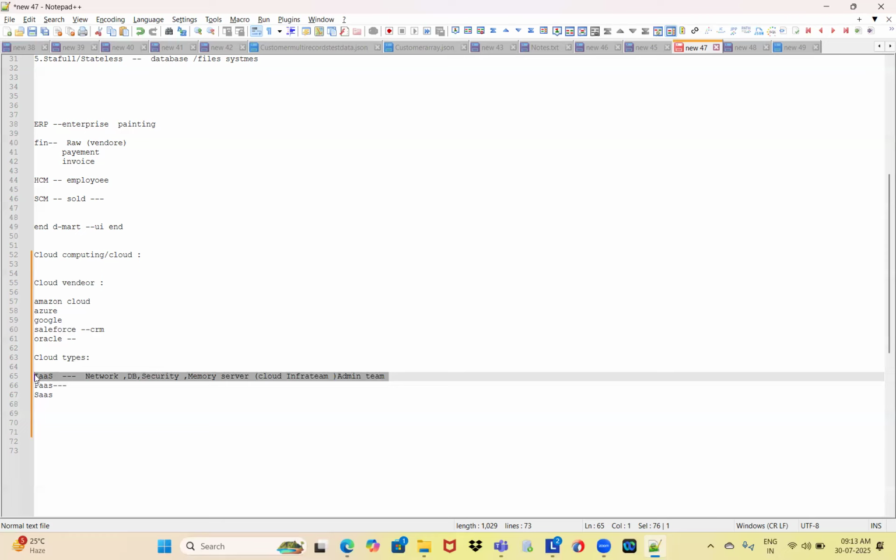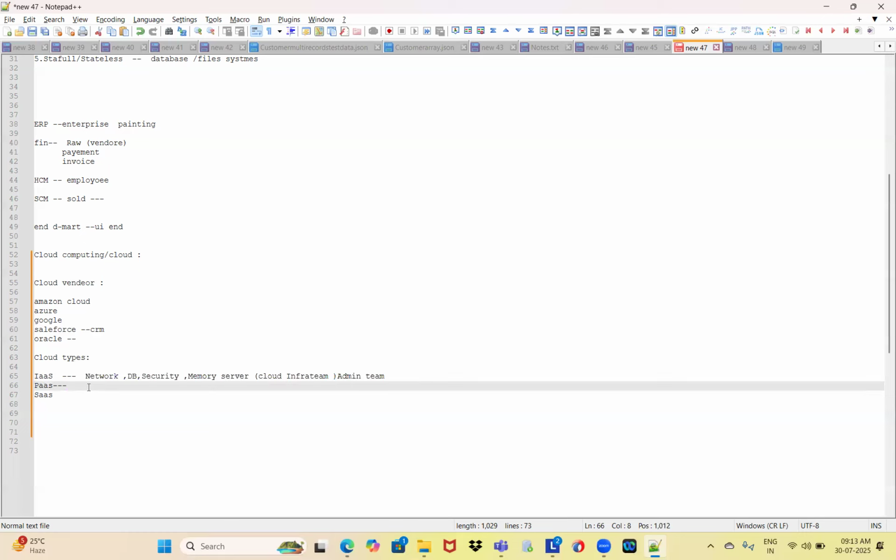That software will be Microsoft. In the same way, PaaS, platform as a service, provides software to implement applications. We can host the software and get the implementation.